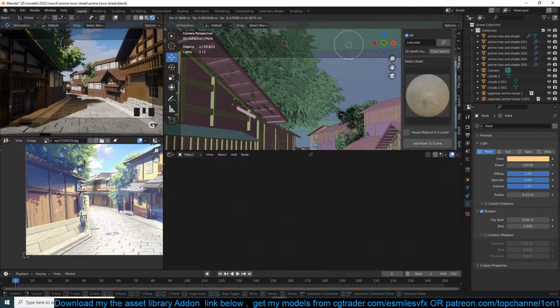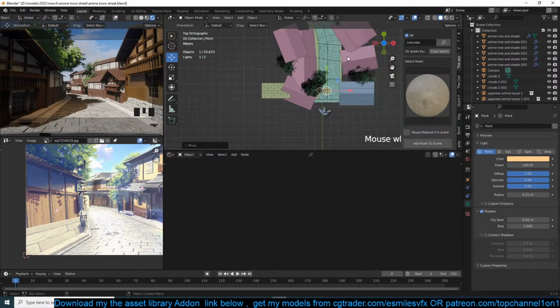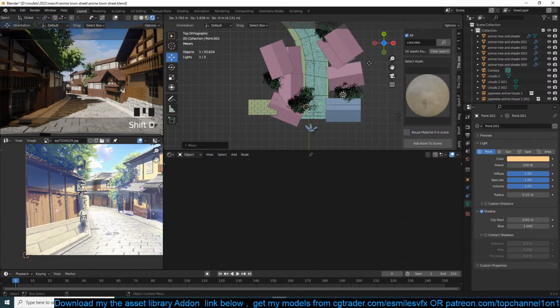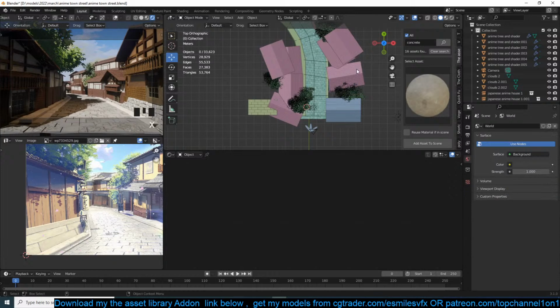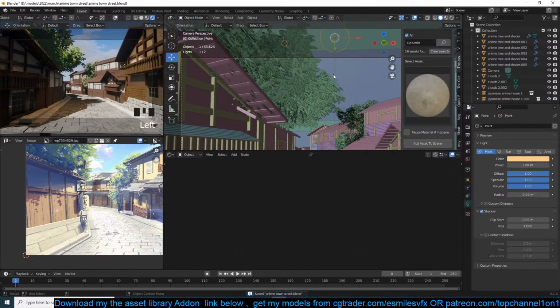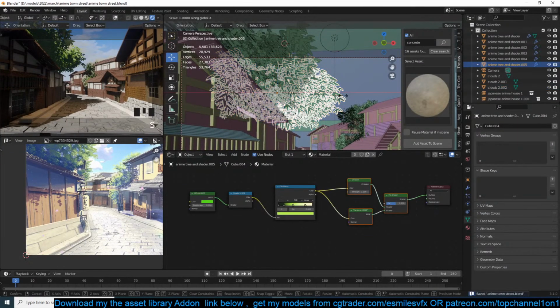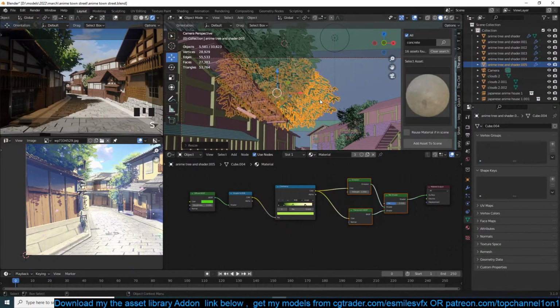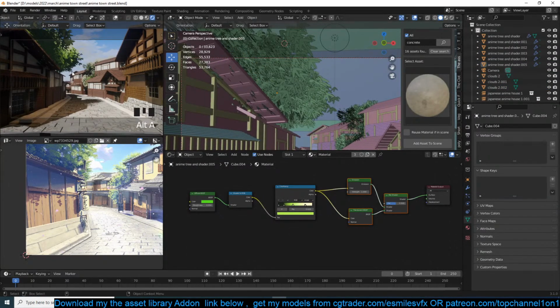Just make sure you're testing the limits of your PC as you're working, so you know that your PC is not going to crash before you can get the project where it's usable. And that's why you see I always have a preview window here so that I can see that Cycles can